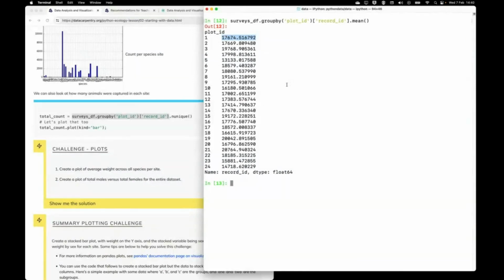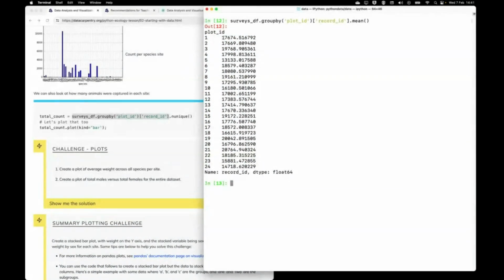It would be more useful to get, I don't know, the count or something. But basically, by grouping this data according to plot ID, whatever we look at after that grouping is going to be split up according to the plot ID. It's going to be a subdivision of the data set into these 24 plot ID values. And any statistic that you look at will then be for those